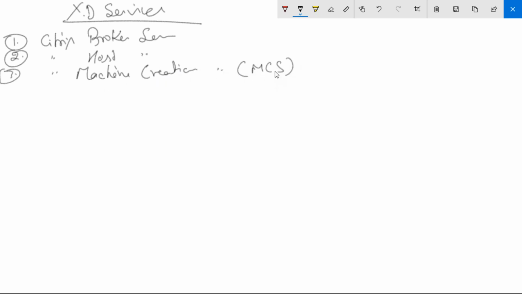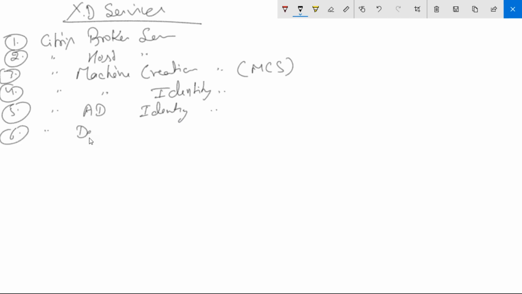A lot of people know about this word. Then Citrix machine identity service, then Citrix AD identity service,